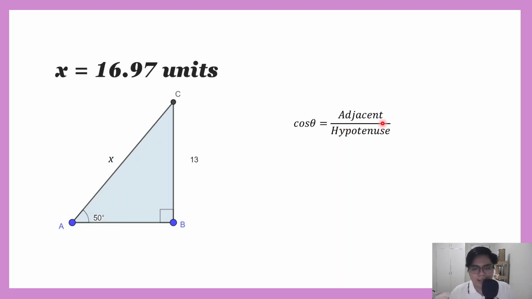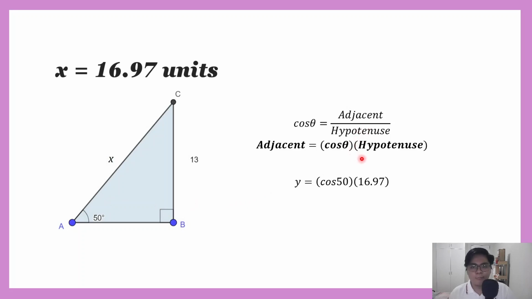We derive once again a formula to solve for the adjacent side. Treat cosine theta as cosine theta over 1 and do cross multiplication. We now have the formula to solve for the adjacent. We now substitute. We can name the adjacent side y. Y is equal to cosine 50 multiplied by 16.97, and the answer will be 10.91 units when rounded off